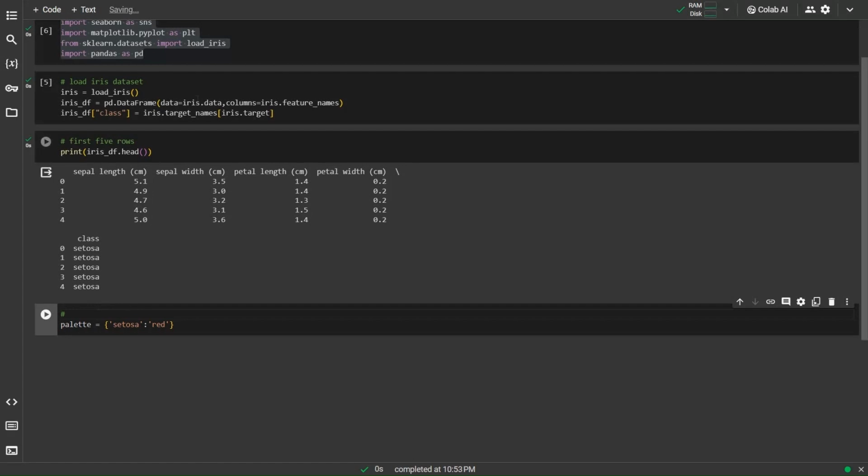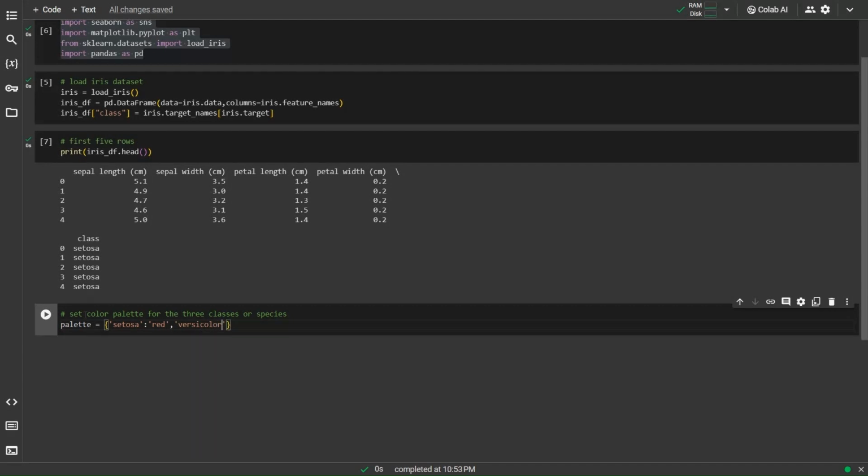This is how you put a comment in Python, and I'm going to upload this whole code in the description, so you can just download this code if you are not able to understand. You can check it out over there as well. We'll just comment it and say that we are trying to set the color palette for the 3 classes. So first one is red, and then we have